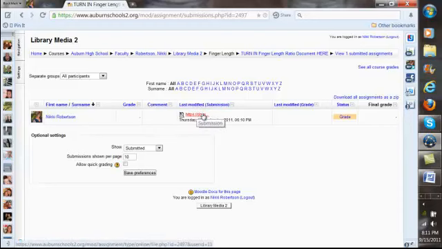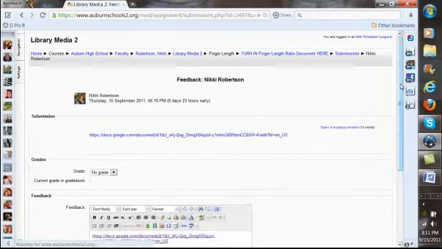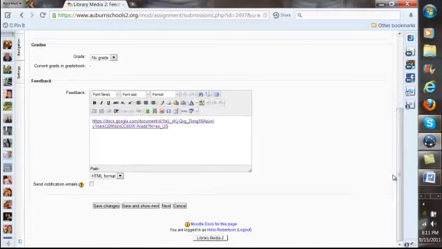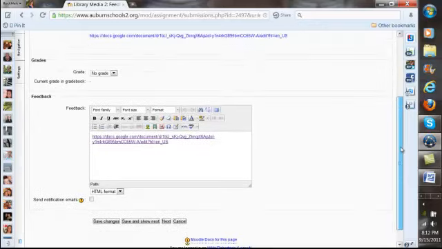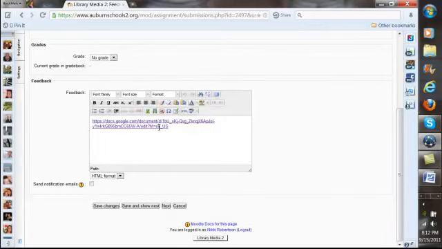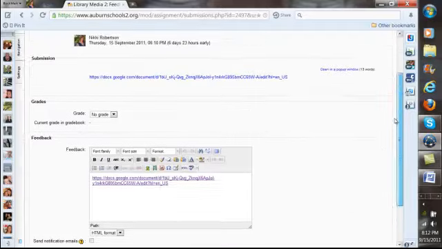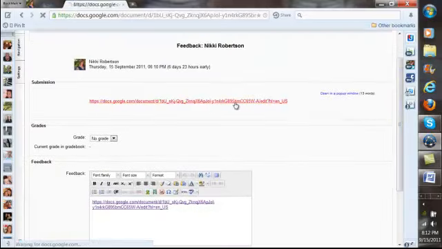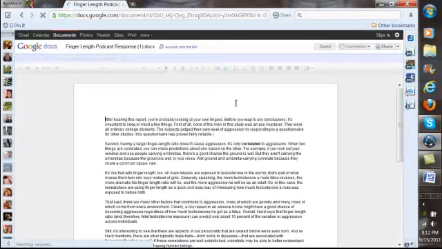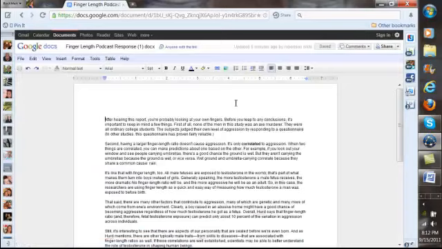Now, if we want to actually mark on the paper itself, because I know some teachers like to actually mark on the paper themselves, other teachers are okay with simply making comments in the comment box here. Okay? But if you want to actually mark on the paper itself, then you will just open up the paper, and because the student shared this paper with you and gave you editing rights, you can now go in and